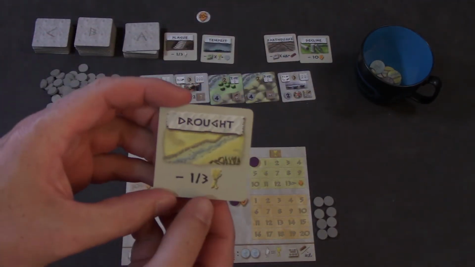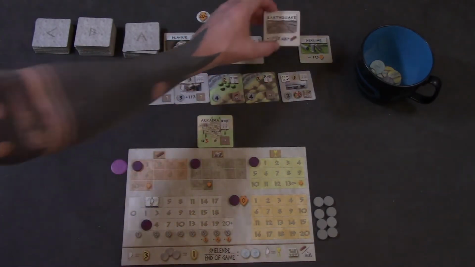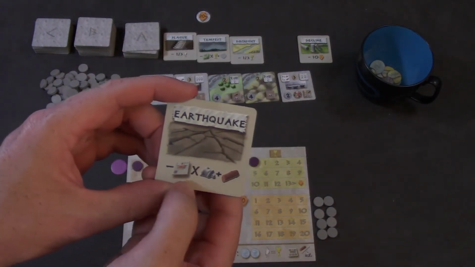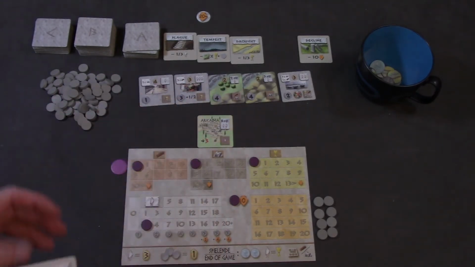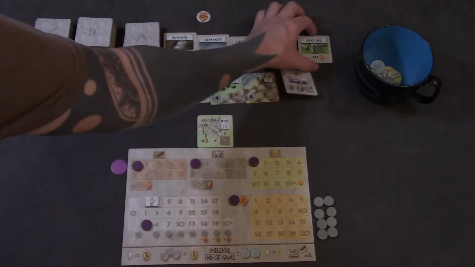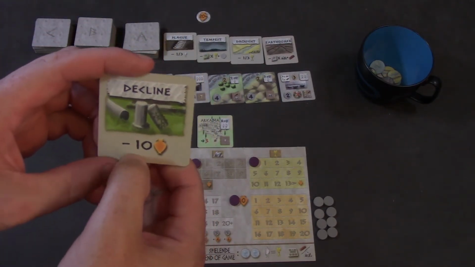When you do the drought, you're going to lose 1/3 of the food that you've produced. Earthquake, you will lose a stone and a wood for every building that you've built, the gray-backed ones. And then decline. So the way decline works is you will lose 10